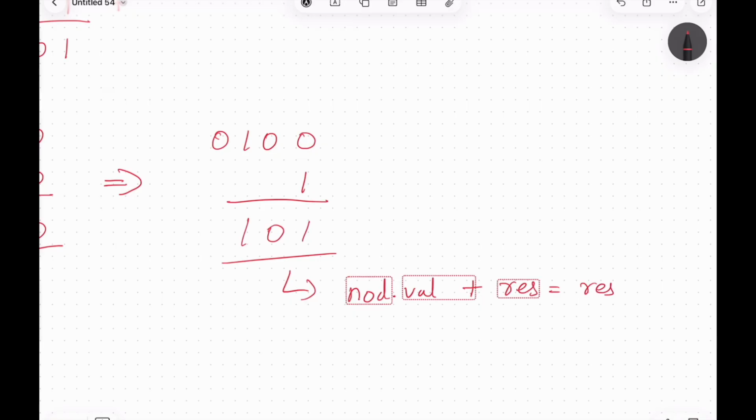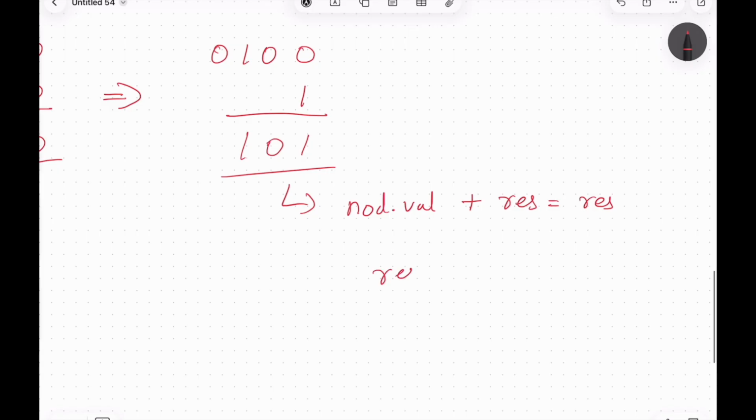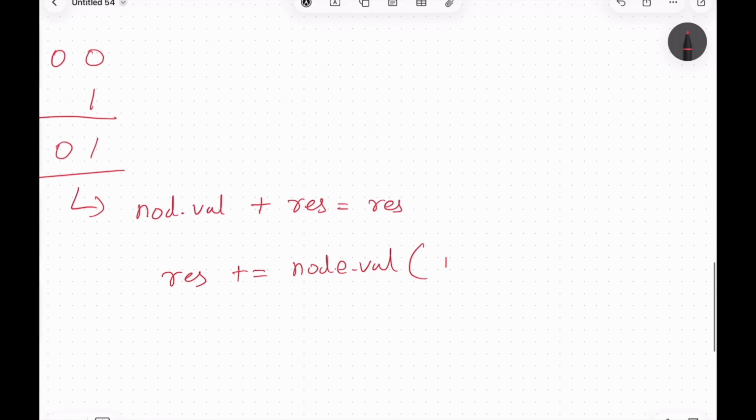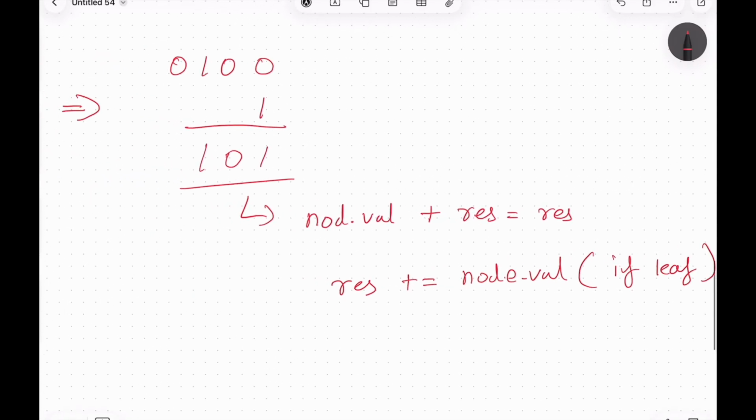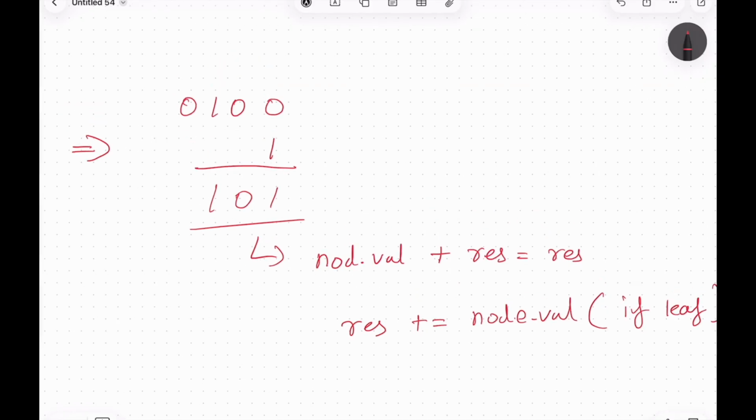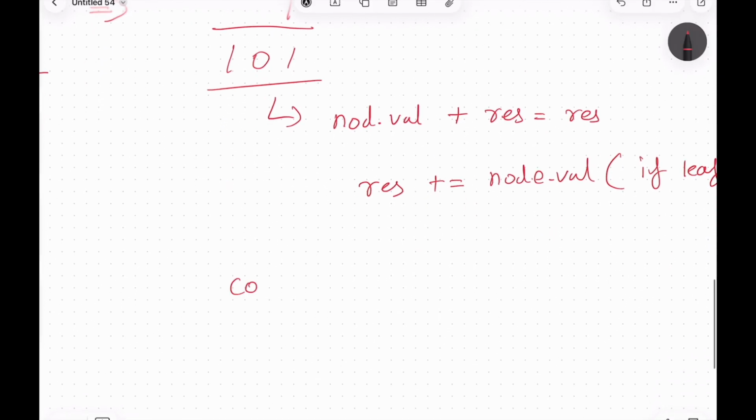So this is not the correct expression. It should be result added with the value if it is a leaf node. This is how we will be adding these values, and finally by using the DFS function, we will cover every path,